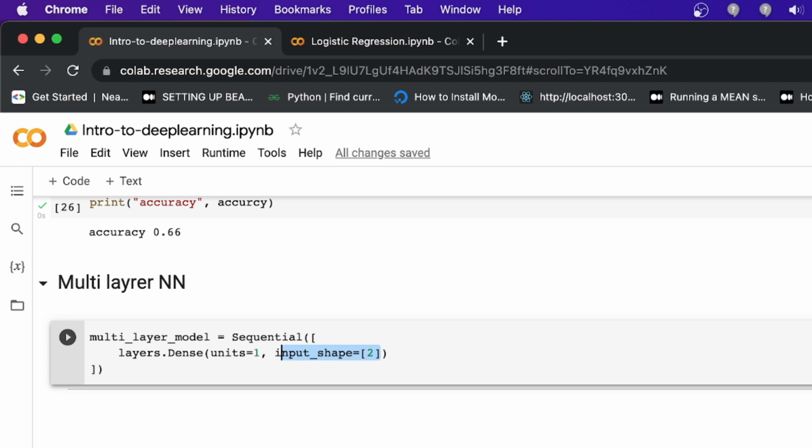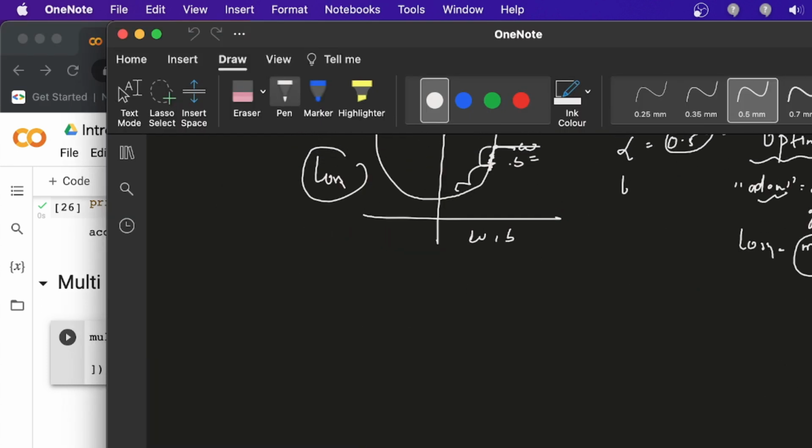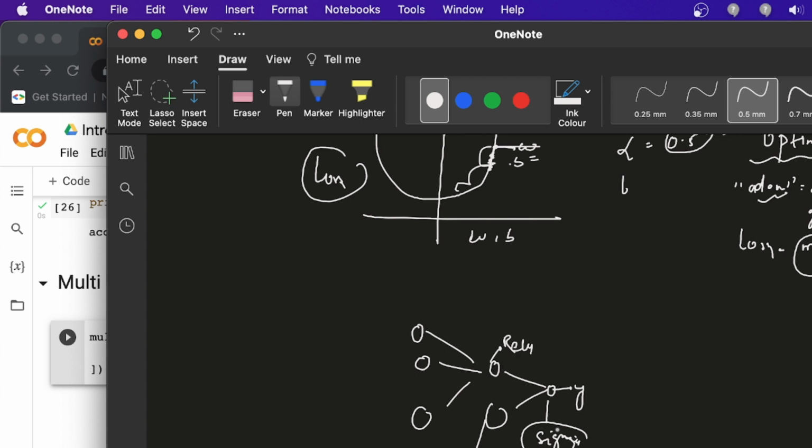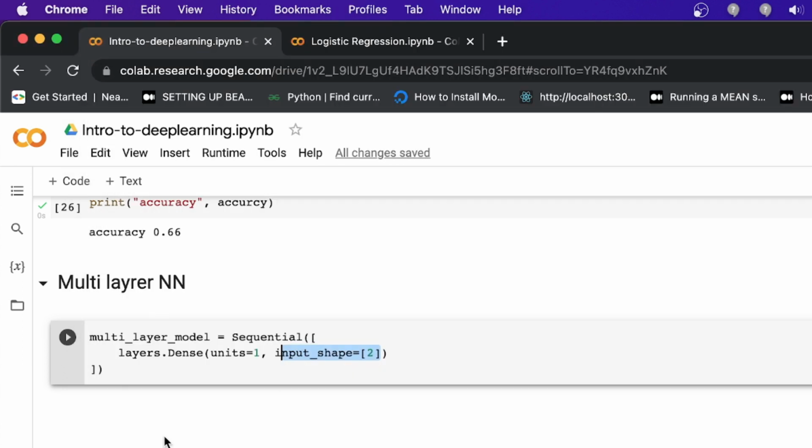I'm going to create this network: two inputs and one bias, going into two more neurons, and then at the end you get y. Each has an activation function. Here I am going to use ReLU, here ReLU, and here sigmoid. I am going to build this network using TensorFlow.